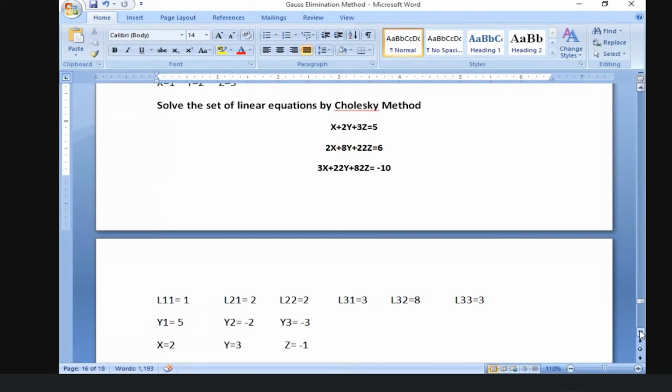No, it's wrong. Just check it out. 5 is correct, but minus 4 and minus 9 are wrong. Just check it out. The values are minus 2 and minus 3. Yeah. Minus 2 and minus 3. So 6 square is there, then just take the square root of it. Okay. Minus 3.